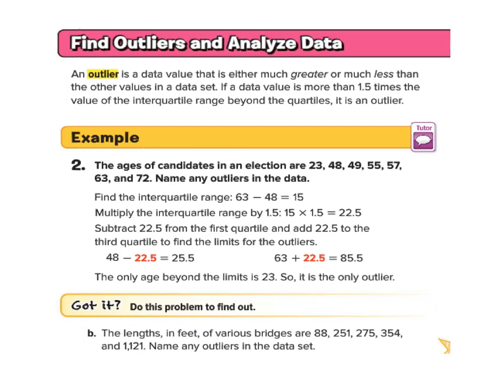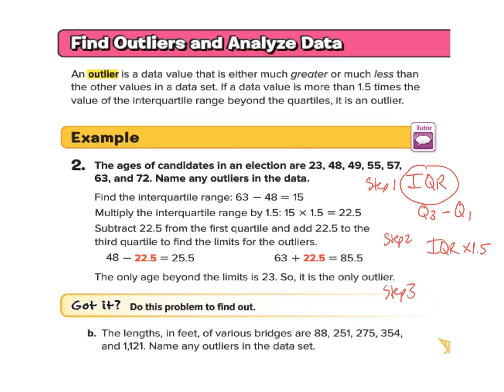Here's the test. First of all, you find the interquartile range. Remember how we did that? We took the middle upper number minus the middle lower number, okay? Then, so that's step 1. You find this, okay? Step 2, you take that interquartile range that you found times 1.5, okay? And then step 3,